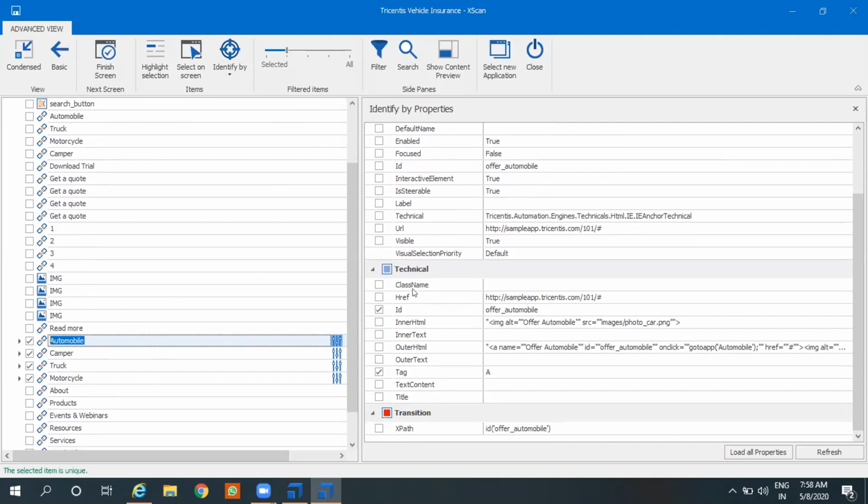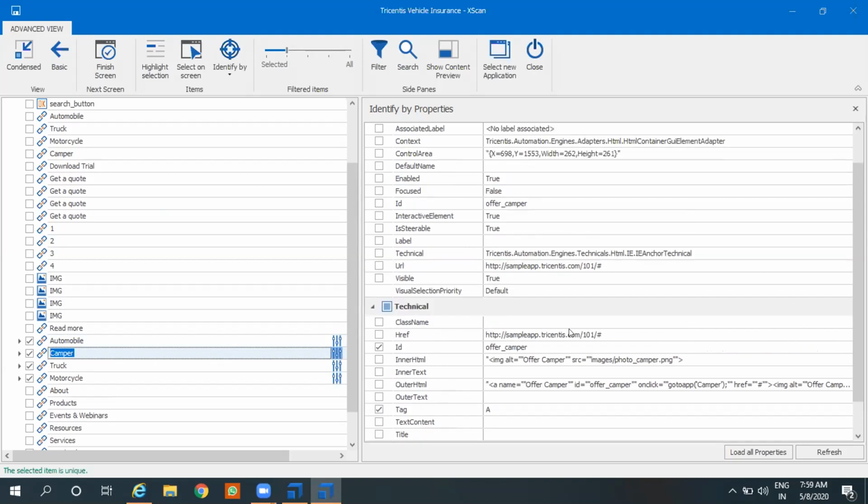But if you see now here, class name is empty, and this element doesn't have a class name. But tag name is anchor. Now as this is a link, it's a tag. But its ID name is uniquely identifiable, offer automobile and tag, because all elements have different names, so it's uniquely identifiable. And here also if you see properties, enabled equal to true, steerable equal to true,